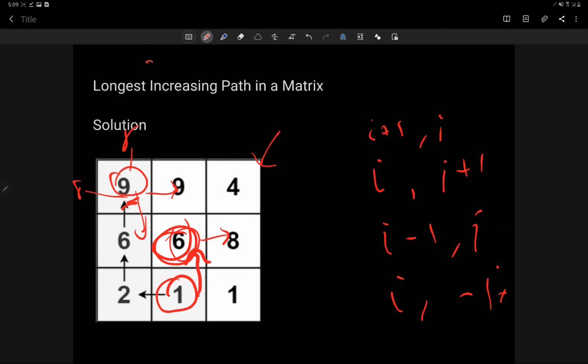The ideal approach would be that for every point we create one DP matrix and store the maximum length that we can get from there. Whenever we are at a point, we check whether we have calculated its result or not. If we have, we just return that value, and if we have not, we compute it. This will help us get the result much faster. The approach is very simple. It's the basic approach only, but we have added memoization to it. The basic approach was to go to every point and compute the result.